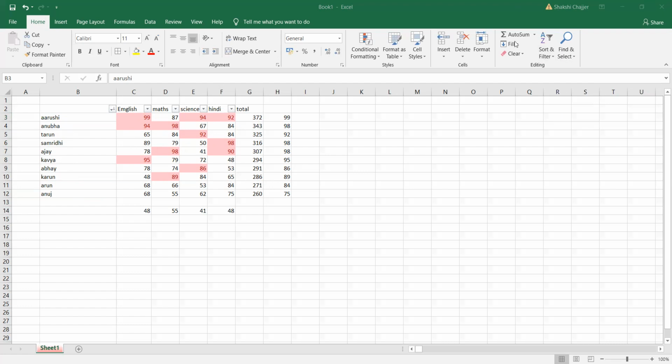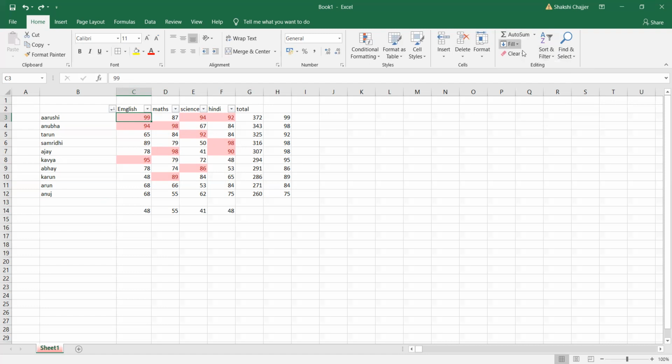Any doubts still here? Now here, fill means you want to fill the same name. If I click on down, see, English came here. It has filled the name. If I click on right, from right the name came here. So whatever I'm going to click, let's say I want to copy the thing, automatically that will come to that place. So that is the use of fill.